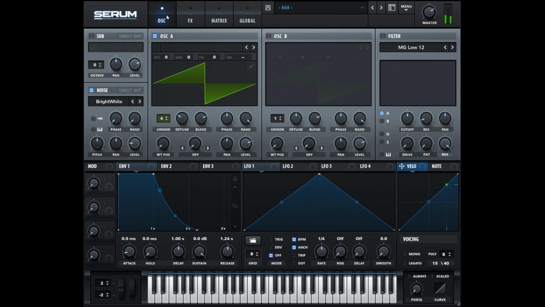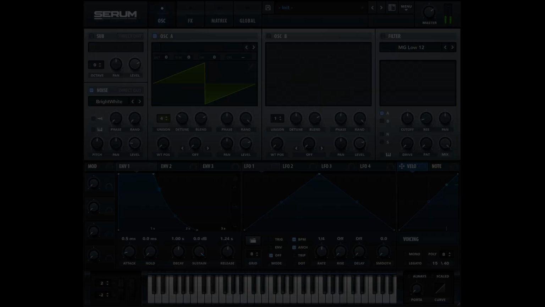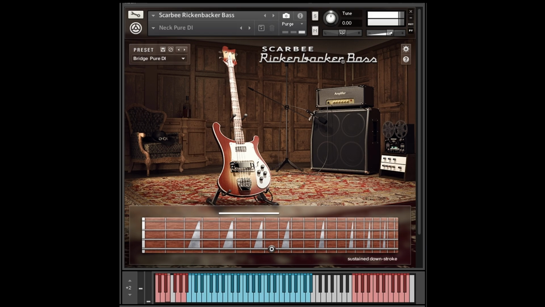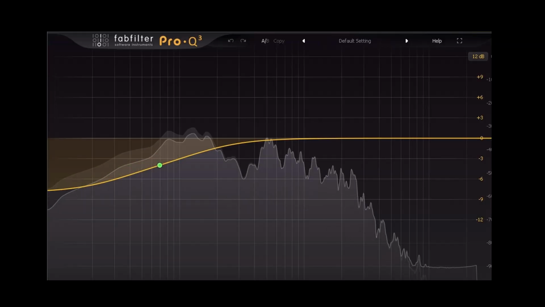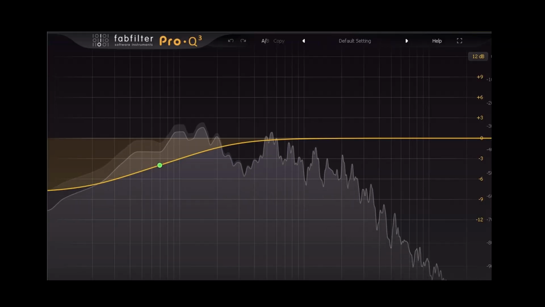And we're done. As a quick note for those who are interested, I'll go through how I created the backing track. For the real bass sound, I used the Scarby Rickenbacker bass on the bridge pure DI setting. Then I added Neutron Transient Shaper to add attack to the sound, followed by FabFilter's Q3 to remove some of